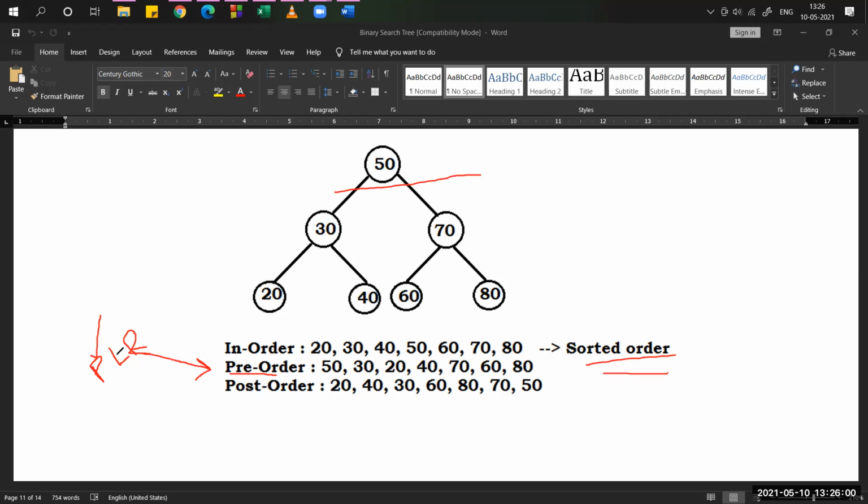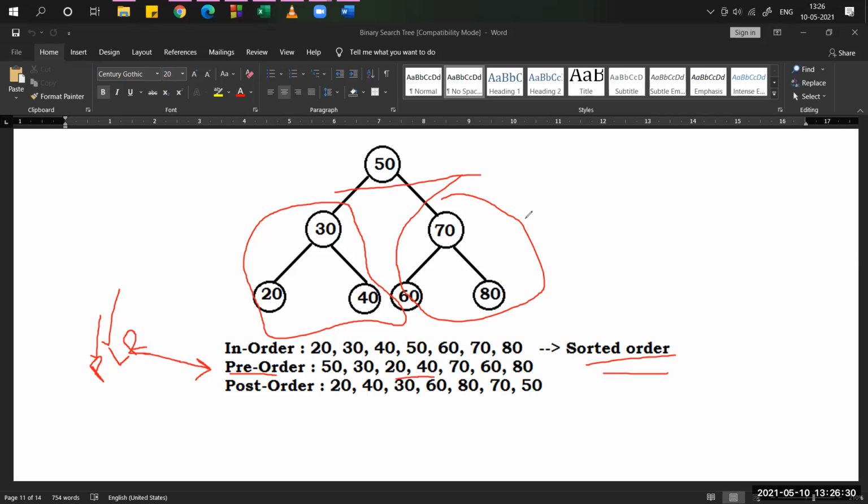Now what we have to print? Left child. Coming to the left side, now we have to observe the left tree. Again we follow the same formula: parent, left, right. Who is the parent here? 30. So 30 printed. Now left child 20, right child 40. So left over, parent over, left side over. Again we have to print these three values with the same formula.